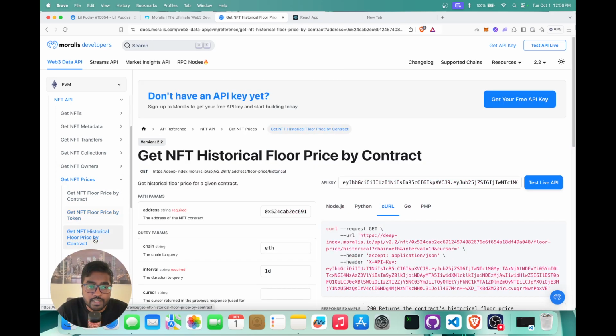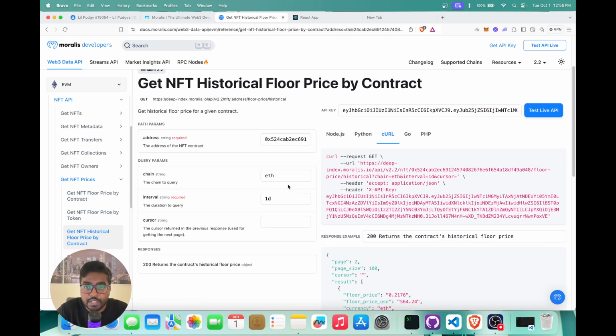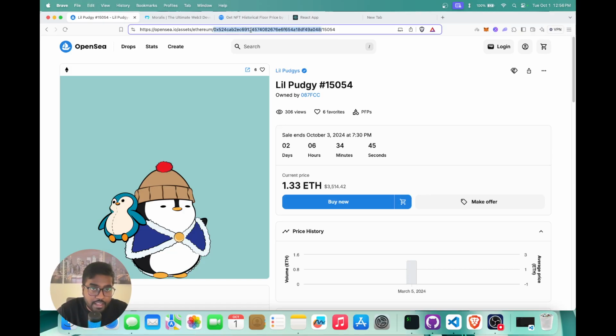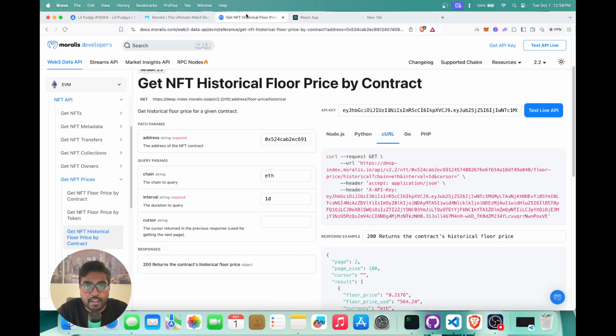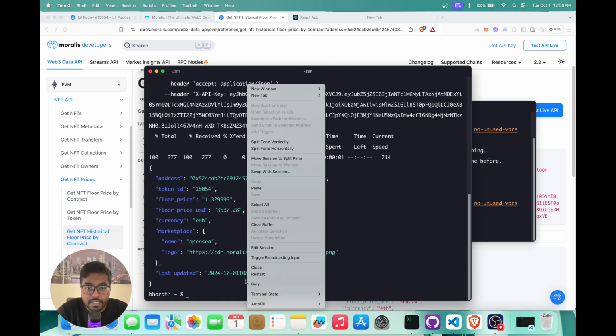So the next one is to get the NFT historical floor price by contract. And let's use the same thing. Let's take the Pudgy contract address. Let's paste this here. And now you can again set the interval for which you want to query. So if I'm setting this as 30 days, now you can just copy the curl snippet again, and let's just paste this here